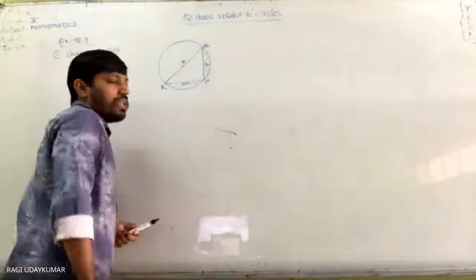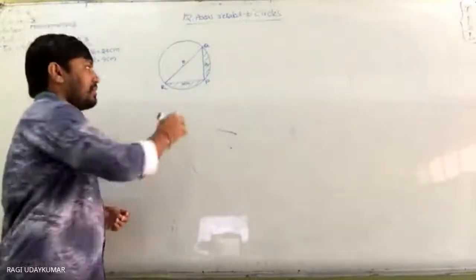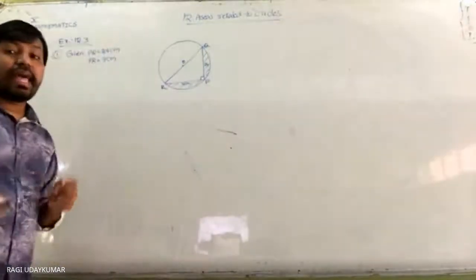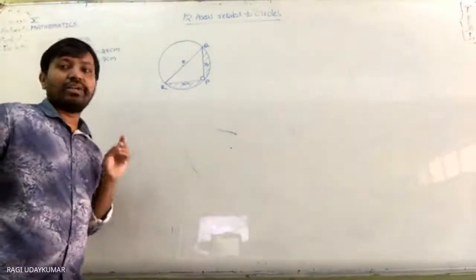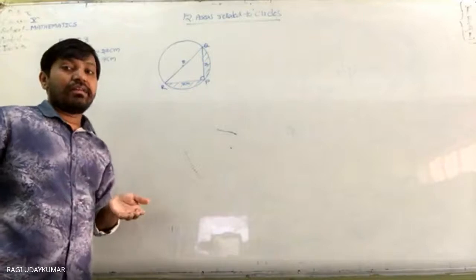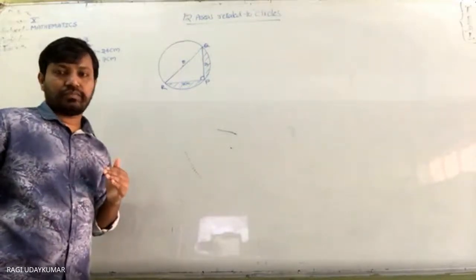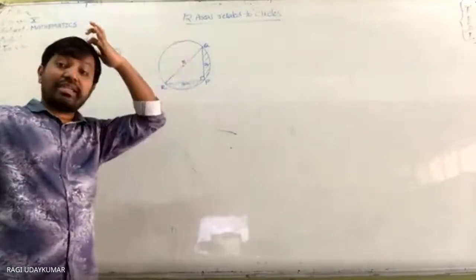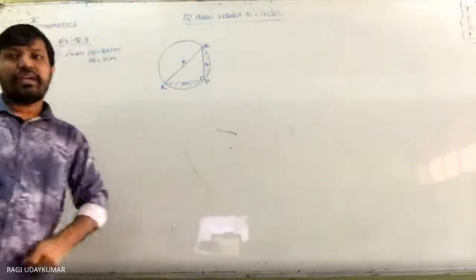That triangle is a right angle triangle. Why? Since the angle in a semicircle is 90 degrees, angle P is 90 degrees, so it is a right angle triangle. The two sides forming the right angle are taken as base and height. With base and height you can find the area. It's not a very difficult thing.